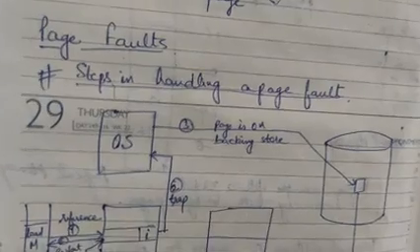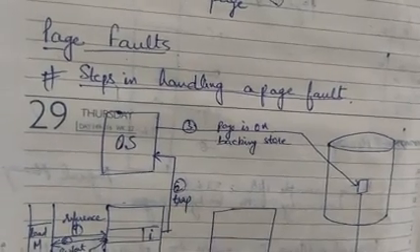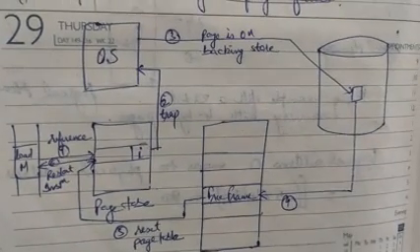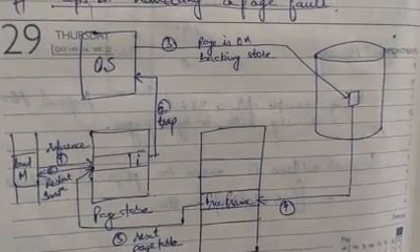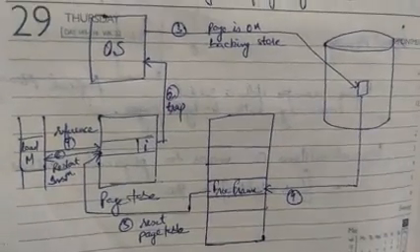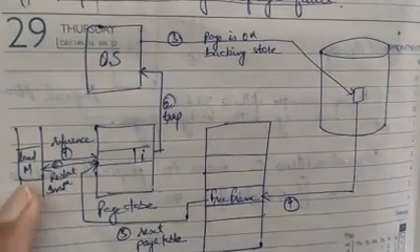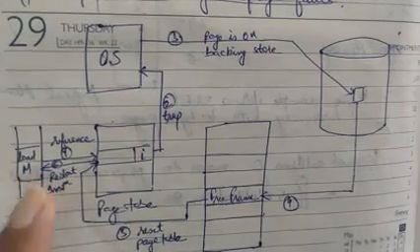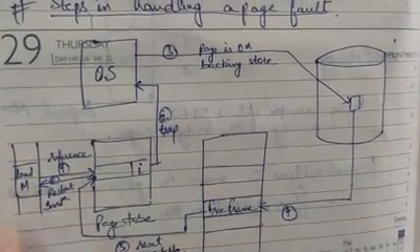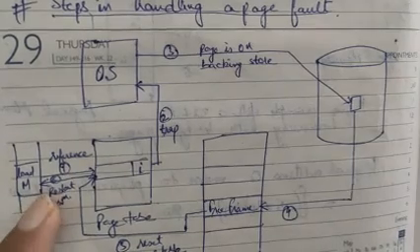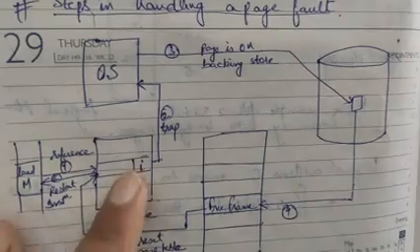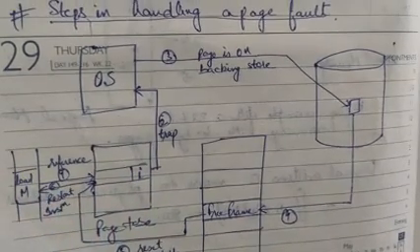Then what are the various steps for handling the page fault that we will be covering in this lecture. As we'll be looking at from this diagram, this is the basic layout in which we'll be handling page faults. It will include 6 steps. What is the first step? First step is reference. The page that is to be accessed is looked up in the page table.